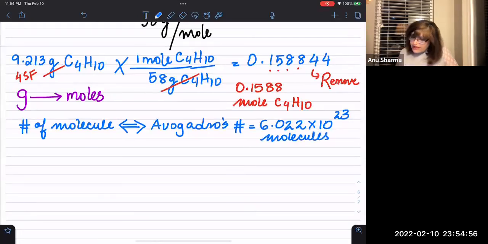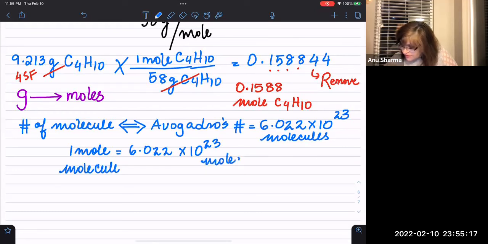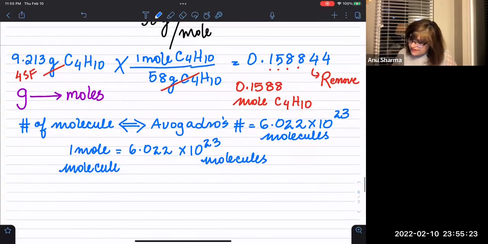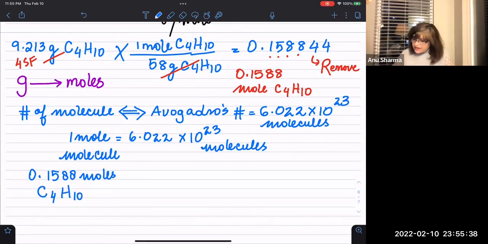So 1 mole of any substance contains 6.022 times 10 to the power 23 molecules. To find the number of molecules, we take these 0.1588 moles of C4H10, times,